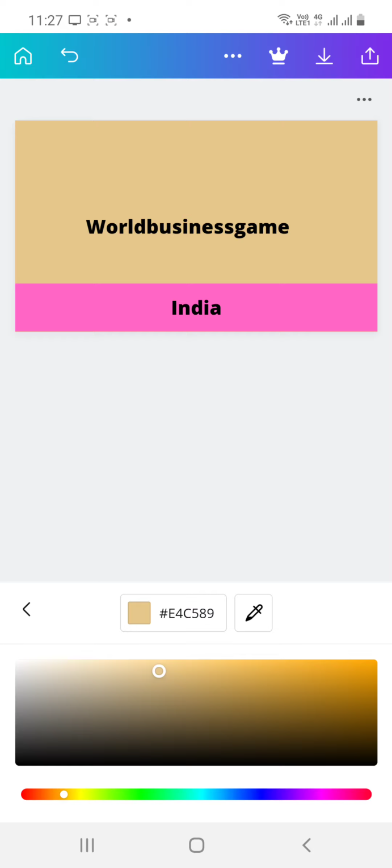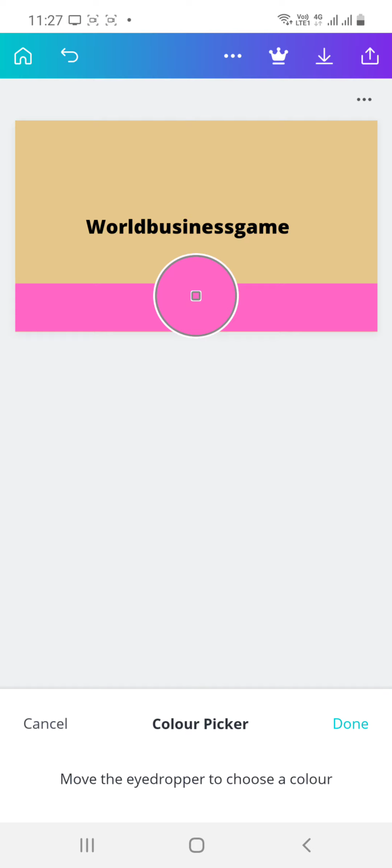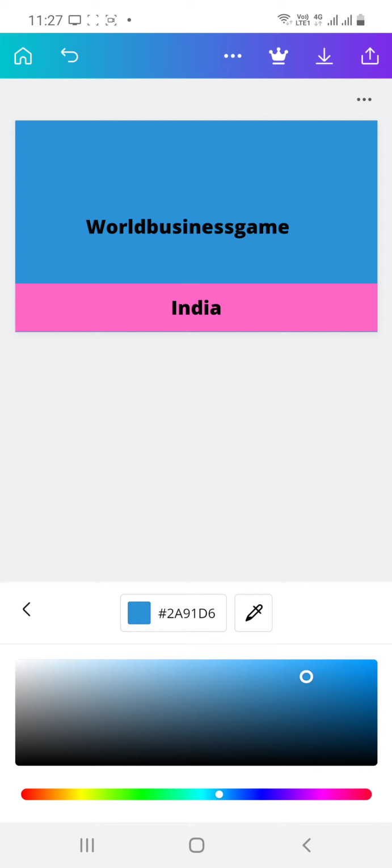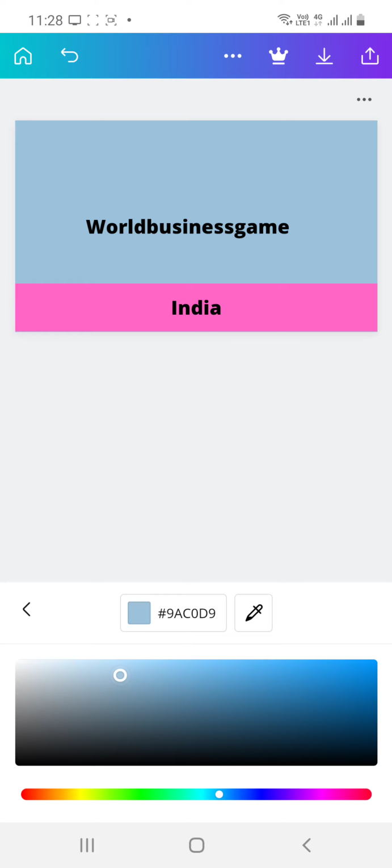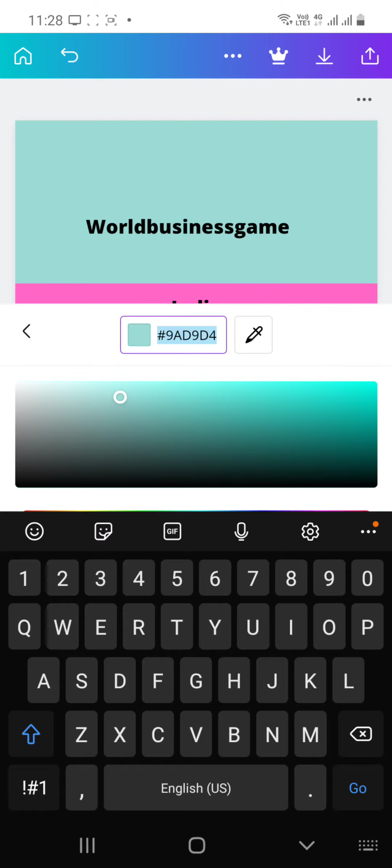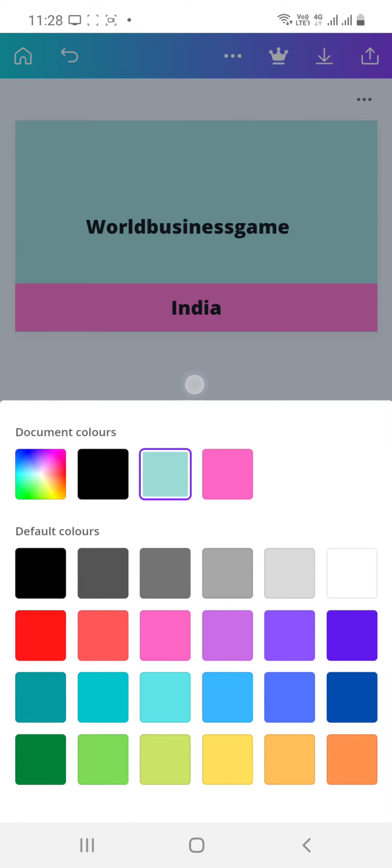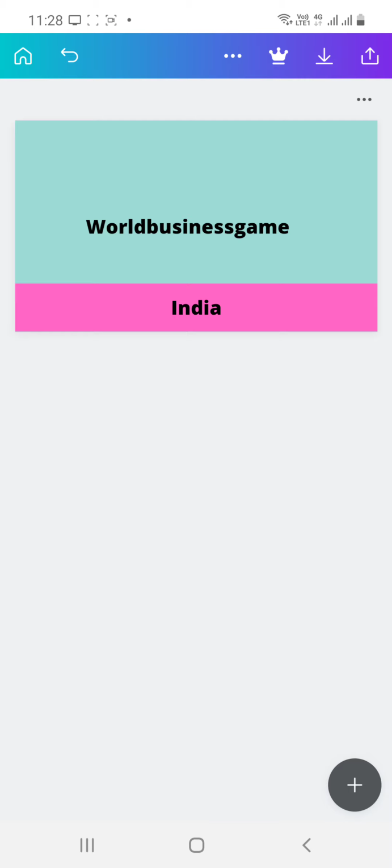Now what does Canva do? If you like a color and want to pick any color, suppose the top blue color, just click on the selecting option, click on the blue color and then the top blue color. You can see an icon over there, just click done and your color is picked over here. Then there are codes also, you can search online for the best color codes. Okay, now I'll be using green color over here. Now the basic part of the background color should be clear to you, and the dropper tool.